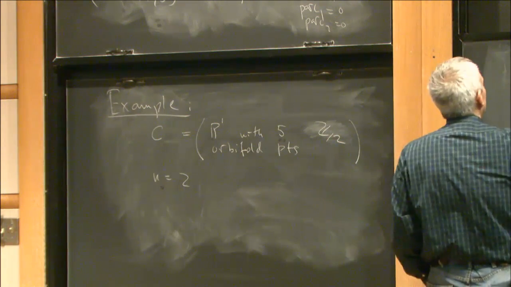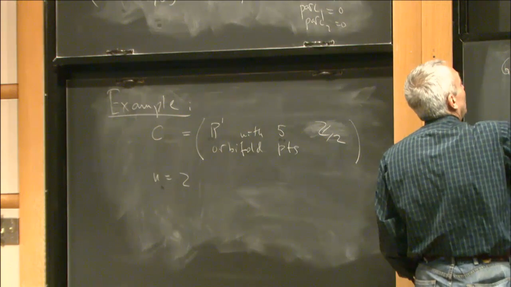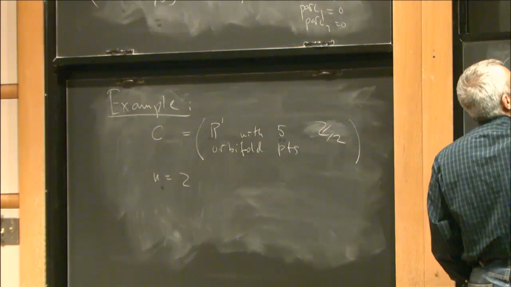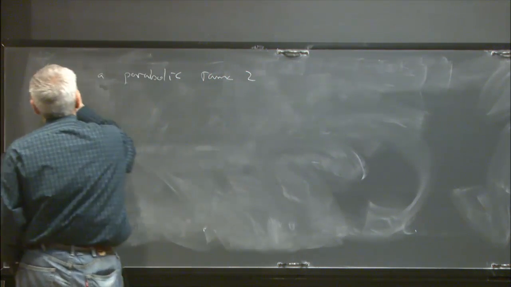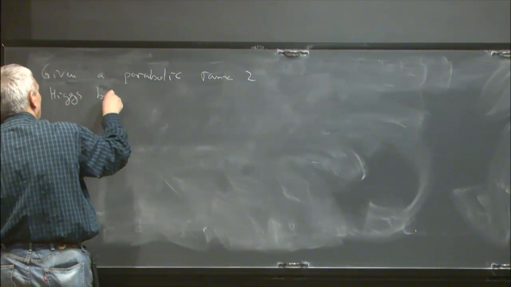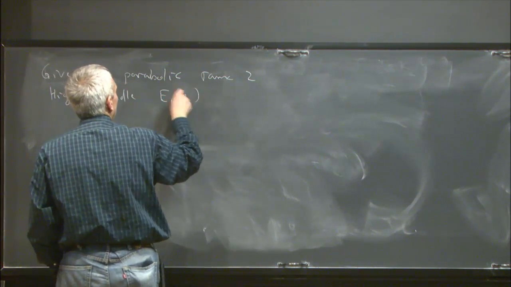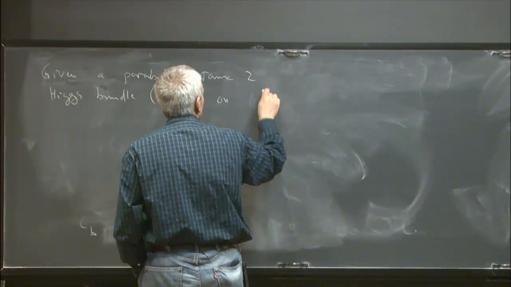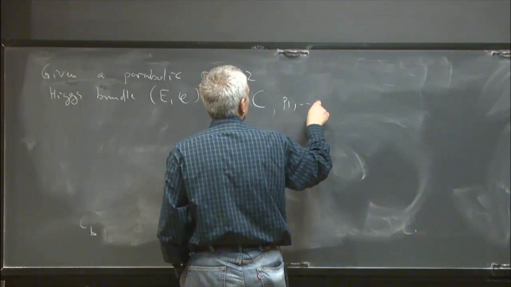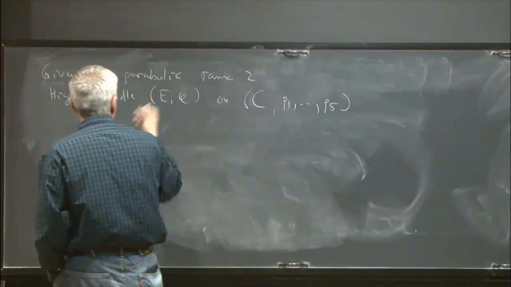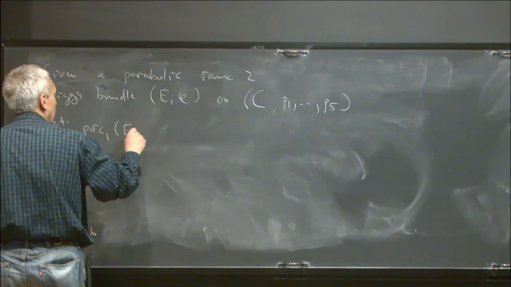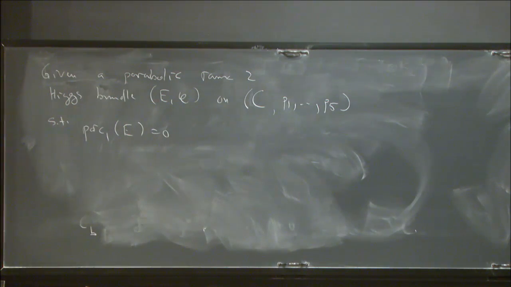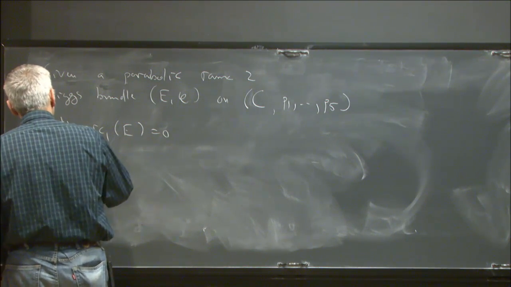So what we want to do is, given a parabolic rank 2 Higgs bundle (E, phi) on C with these 5 points, such that the first Chern class is 0. This is the guy that corresponds by the non-abelian Hodge correspondence to the local system. We want to construct